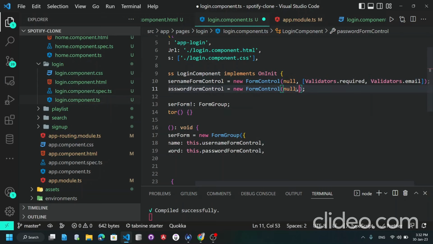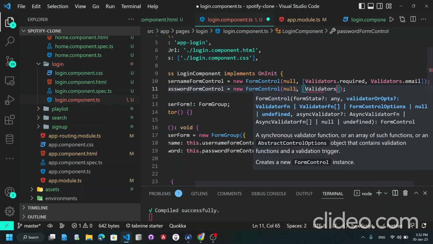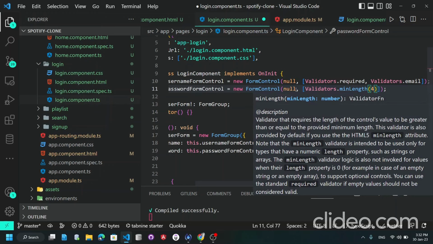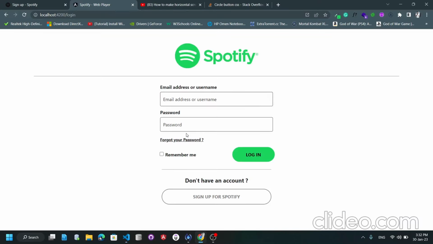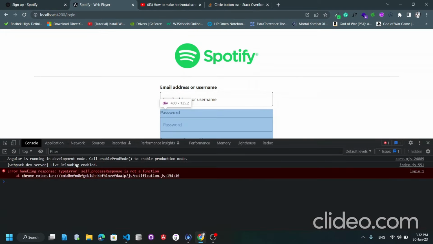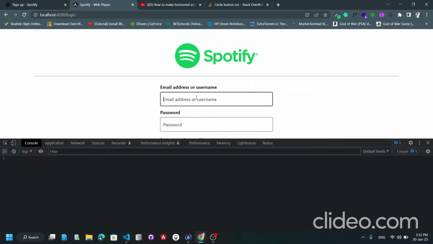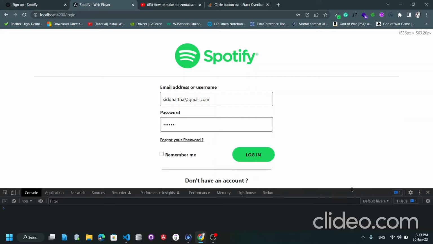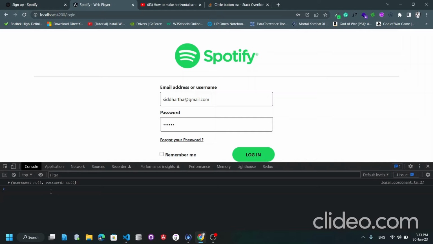Okay. And the password, I can have that validators dot min length, and the minimum length should be, let's say, 4. Now if I open up my inspection tool and go to the console section over here, I can try to type, let's say, Siddharth at gmail.com, and over here 1 2 3 4 5 6. If I click on the login button, you can see